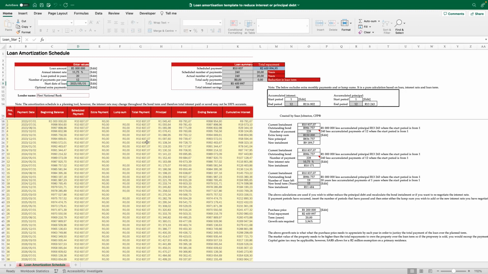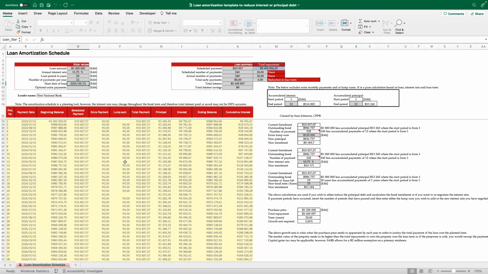This template has been designed to illustrate one of two things. One, you'll be able to see how much interest you can save and the reduction in your loan by making extra monthly payments or lump sum payments on an ad hoc basis, or a combination of the two. In other words, you can put in extra monthly payments and then you can dump in additional lump sums into